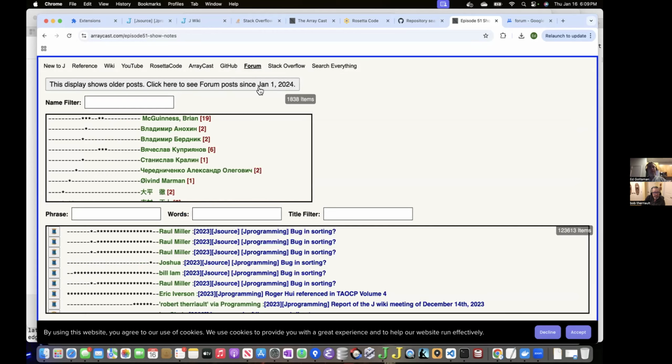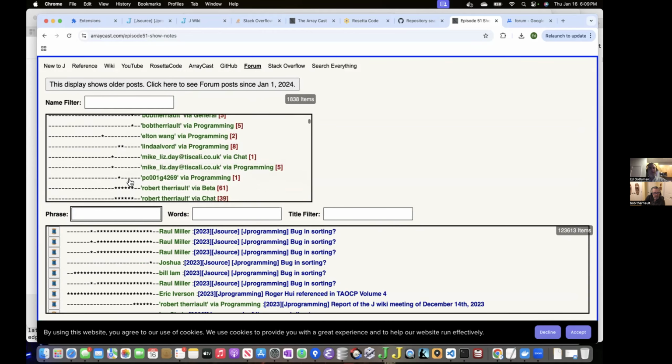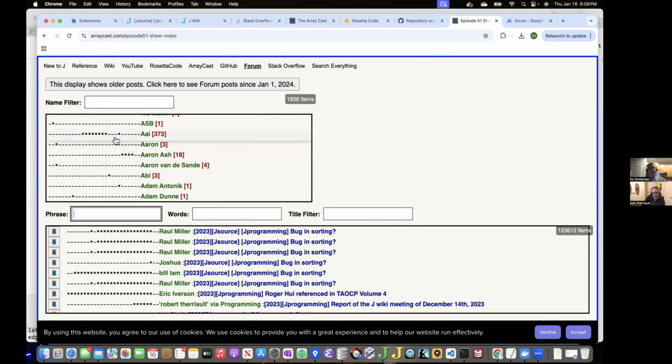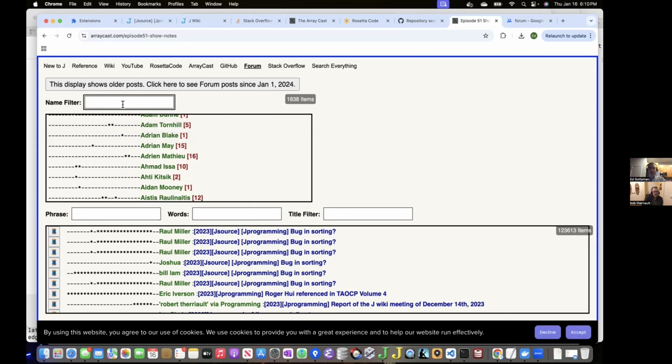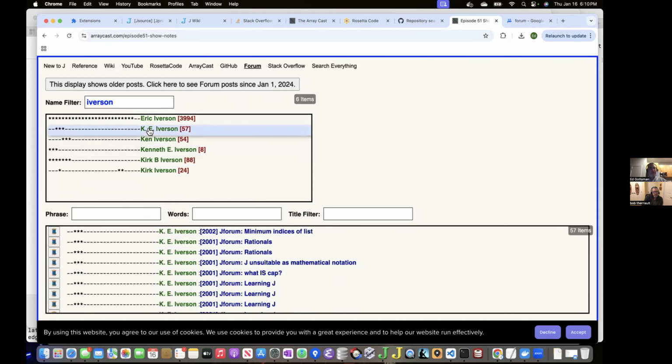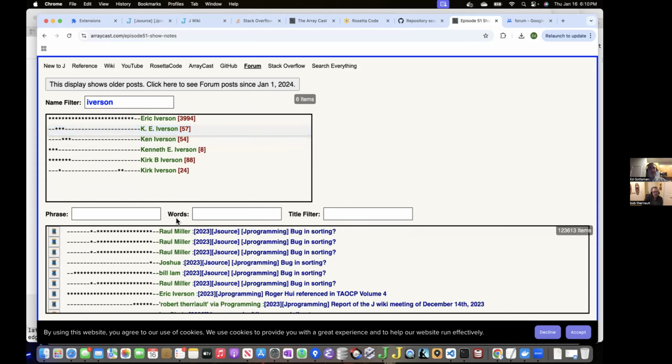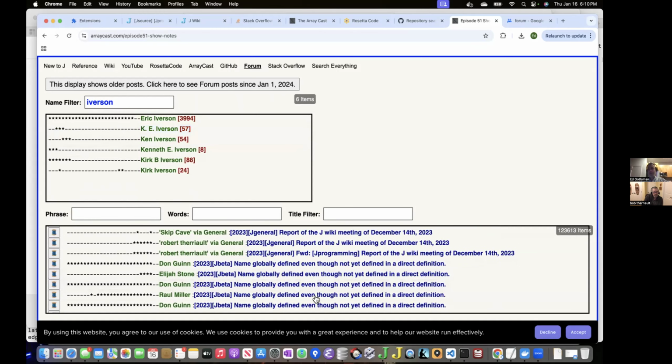If we look at the forum, this is a little more complicated. You still have phrase search, word search, and the title filter. But in addition to that, we have a list of all of the email addresses that have ever posted to the forums. And there's a little map going back from 1998 forward, showing the years in which each email address has been active. And you can search for individuals, and clicking on an individual email will show you just the emails for that individual. Deselecting will give you, once again, the full set of emails, of which there are over 120,000.